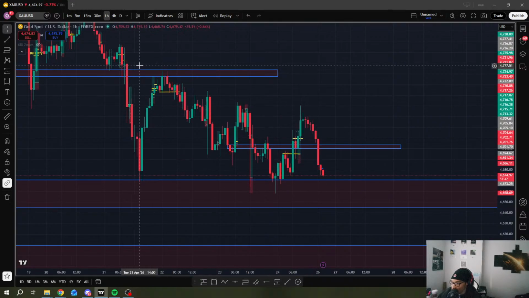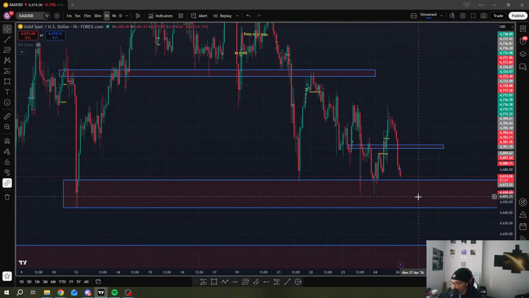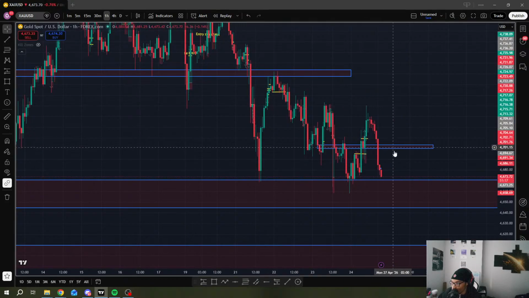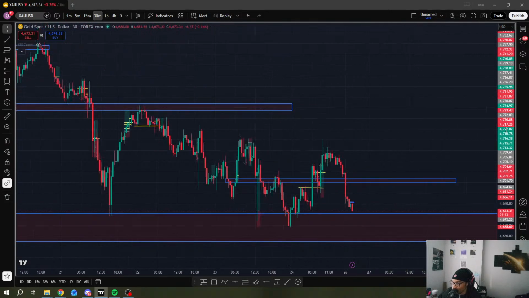On the 1-hour, as you can see, we have a very important area here. If price taps into this range and then continues to push strong, this could just be a liquidity sweep under this 46,44 level, and then we reverse. But if we tap into this range and have some real nice rejection, we need some rejection in this area to know that price is pushing back to the upside. Then we can look for a break, a retest, and then a continuation. So we just really have to be patient here, y'all.